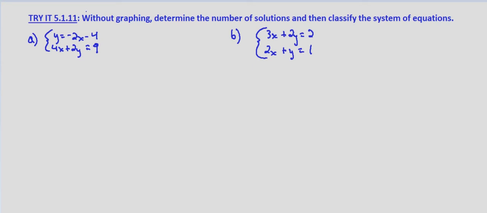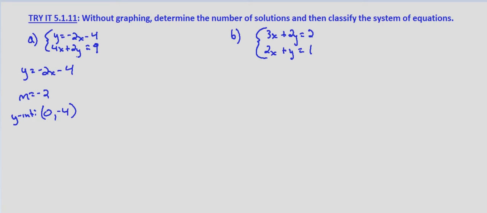So our first step is to put both equations into slope-intercept form. With our first system of equations, our first equation is already in slope-intercept form. We have y equals negative 2x minus 4. So that gives us a slope of negative 2 and a y-intercept of (0, -4), because in y equals mx plus b, m equals negative 2, which is our slope, and b equals negative 4, which is the y-coordinate of our y-intercept, the x-coordinate being 0,